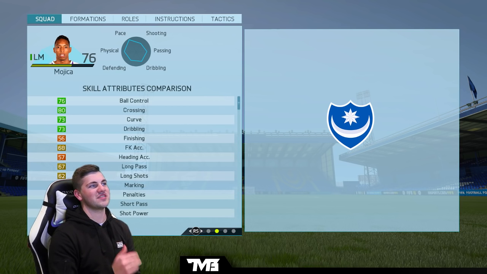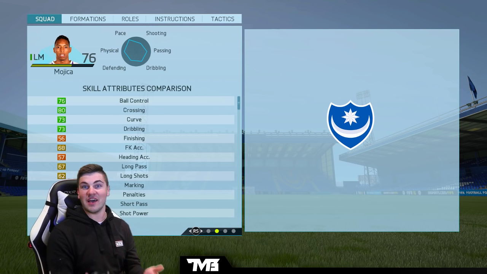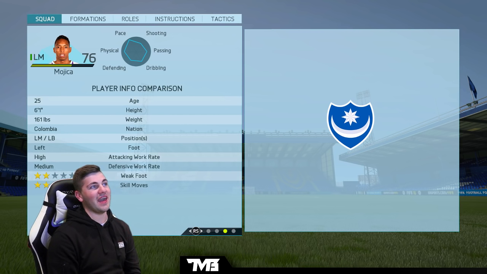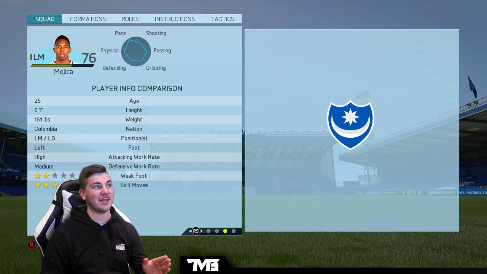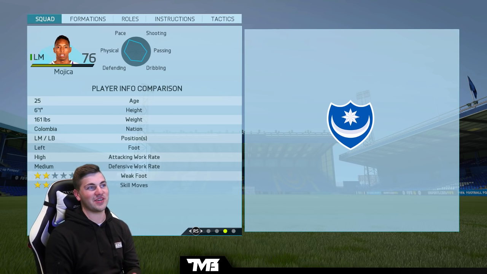And then moving on to skill attributes, he can definitely do the job a little further forward up the park. He's a left midfielder that really can play at left wing and even at left back if need be. As it says right there, he's 6'1", 25 years of age, can play at left mid and left back. And to be honest, I'm actually very happy that he can play left back, because I'm almost more tempted to play him at left back than, say, Charlie Taylor, because I've really got to sort my bench out for this